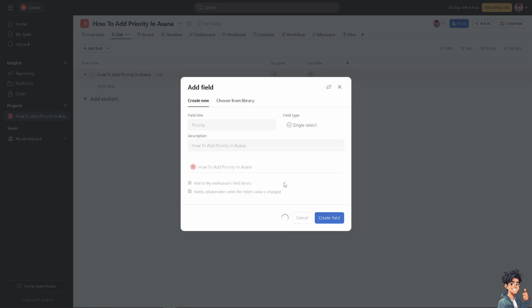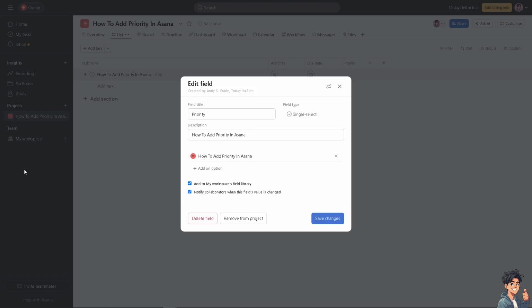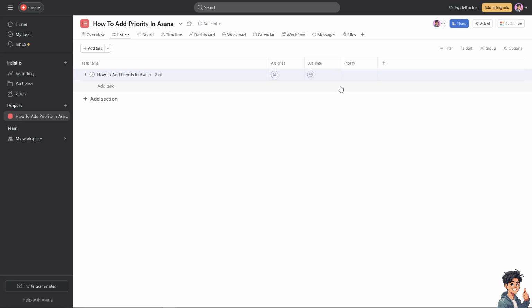I want you to click on create field, just wait for it to load, and you see you're going to be able to have that the priority, right? You have the drop down here. For example, you want to set the column width for wide. You can also have the option to edit field if you wanted. For example, this has already been updated, so you just have to